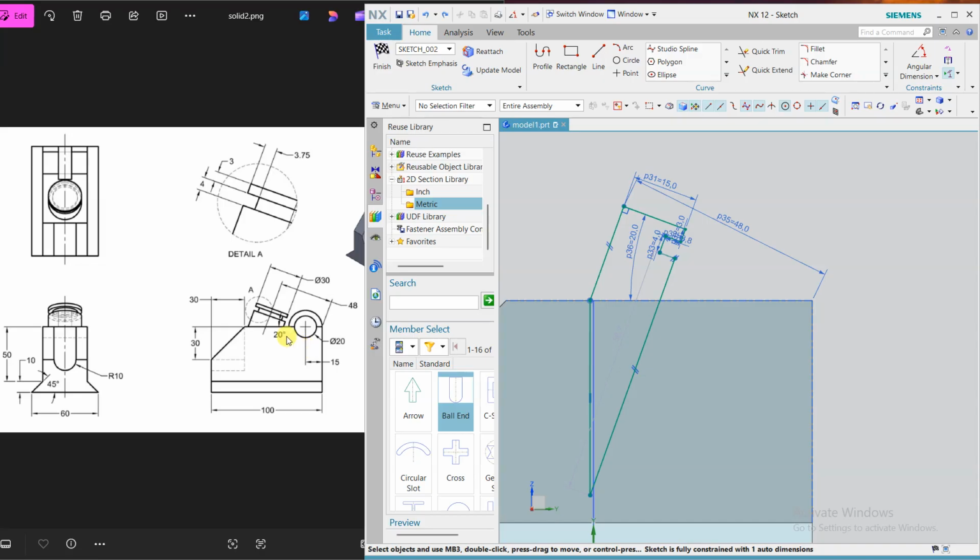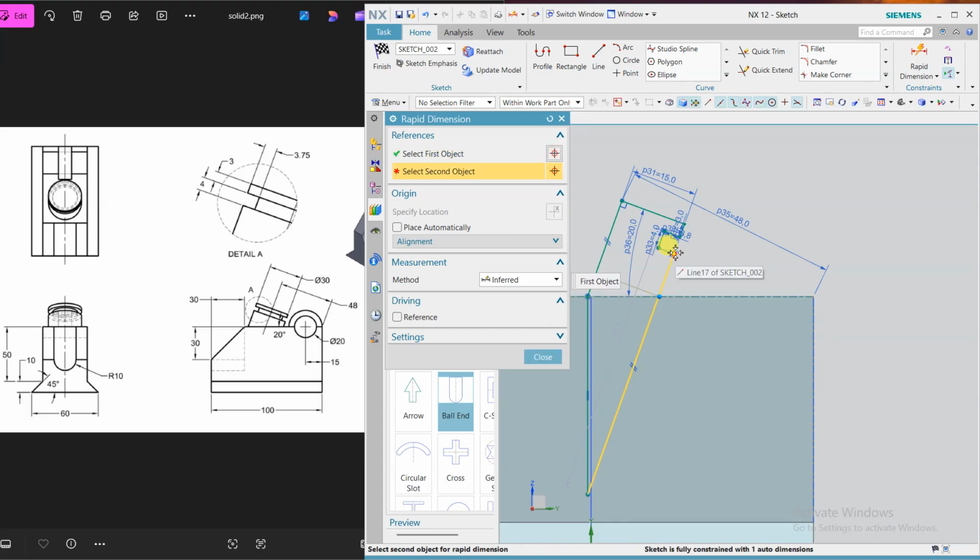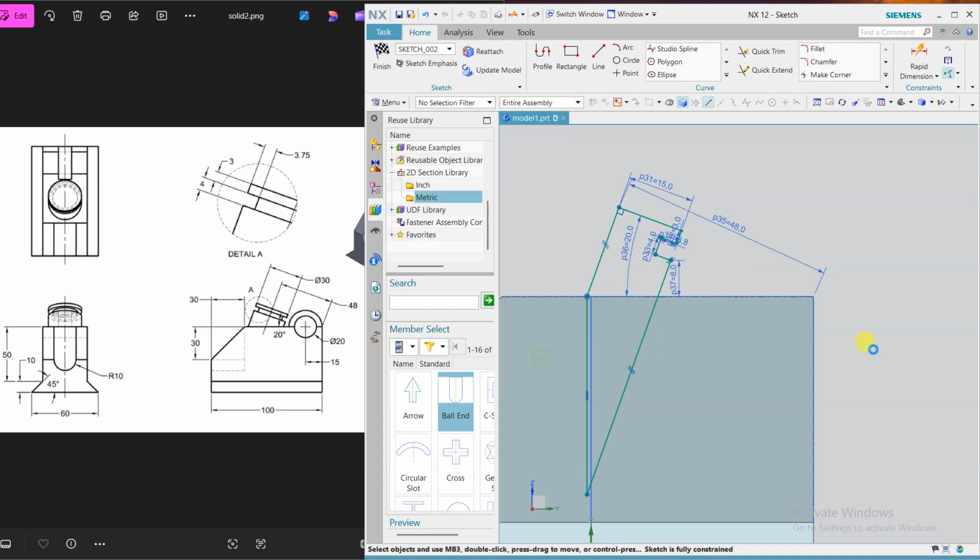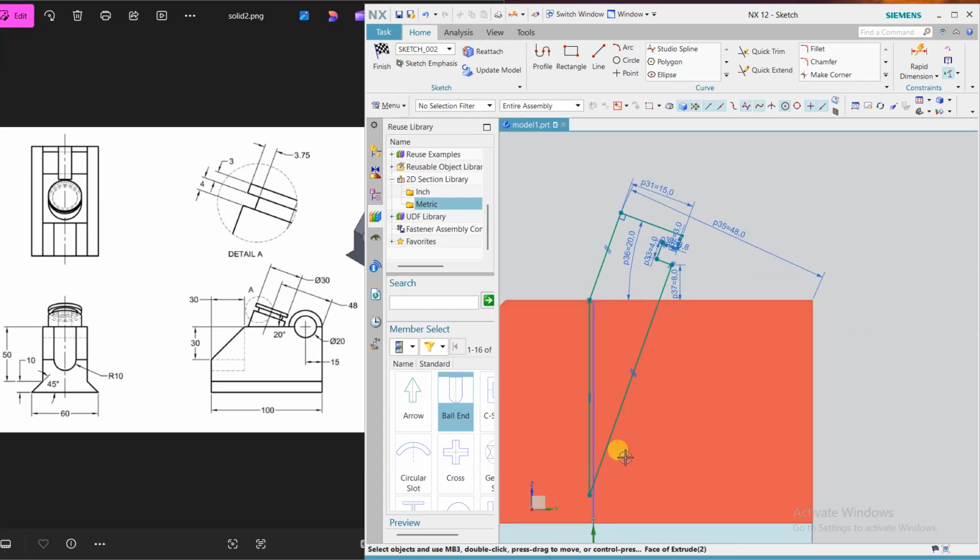Now the height is not given anywhere, if you see it. So I'm using a random value of 8. Now the sketch is fully defined. Now finish.